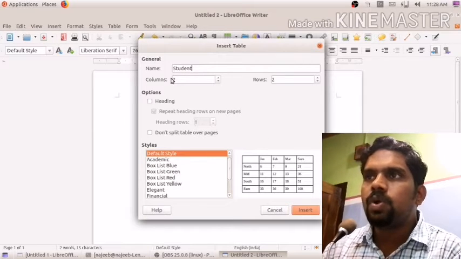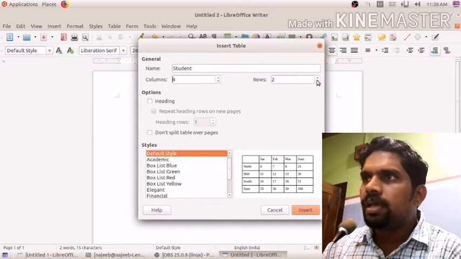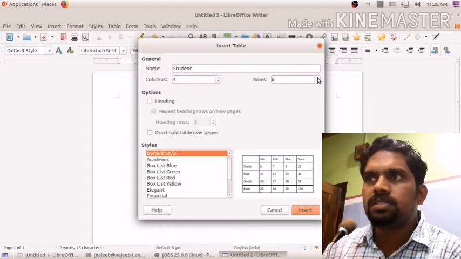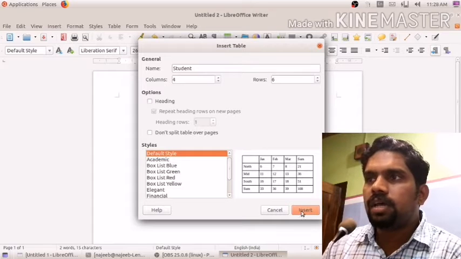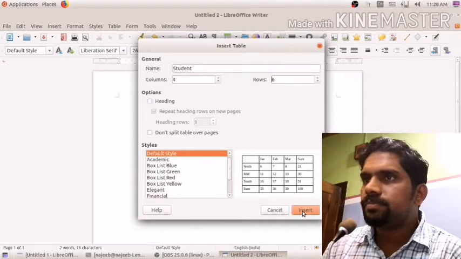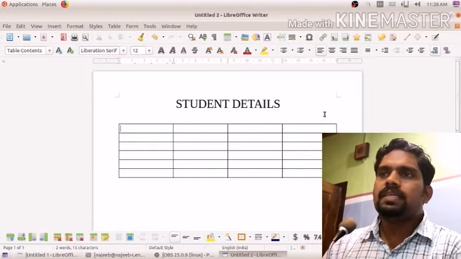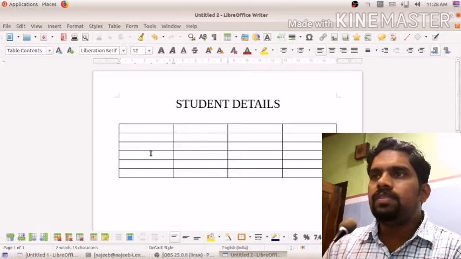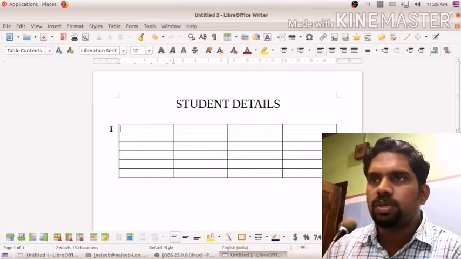Columns I am using 4, and rows I am writing 6, including the heading. Then click on the insert button. Now we can see a table with 4 columns and having 6 rows, 1 2 3 4 5 6.